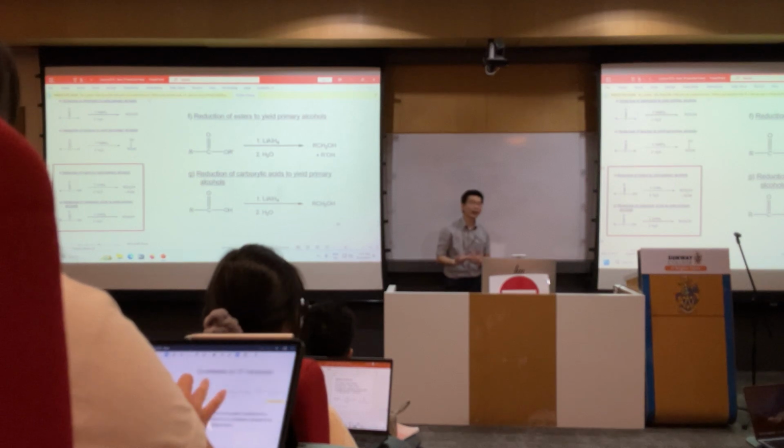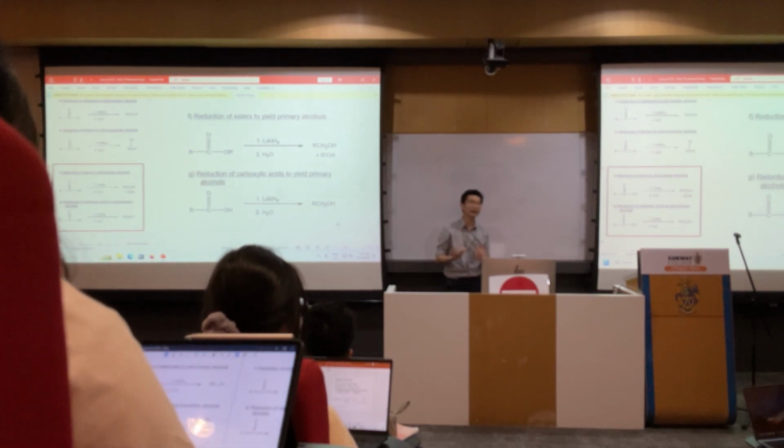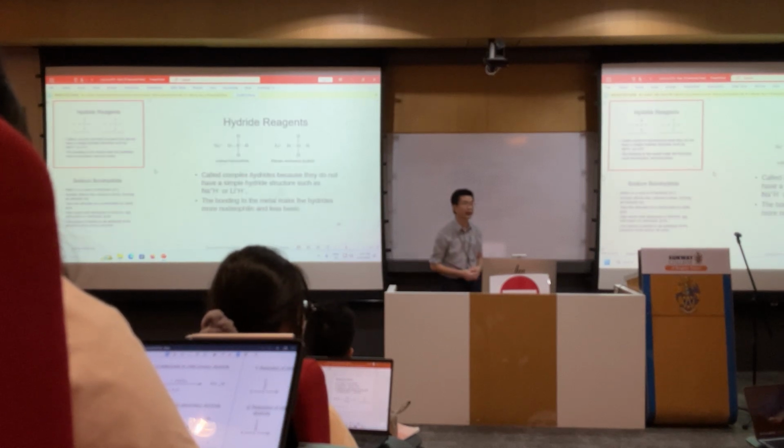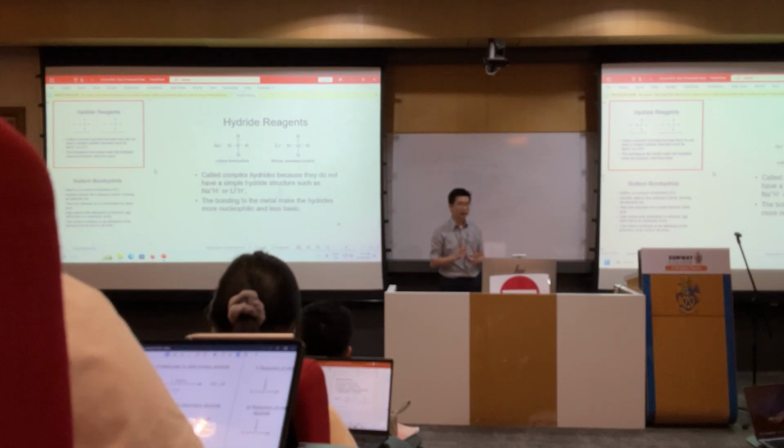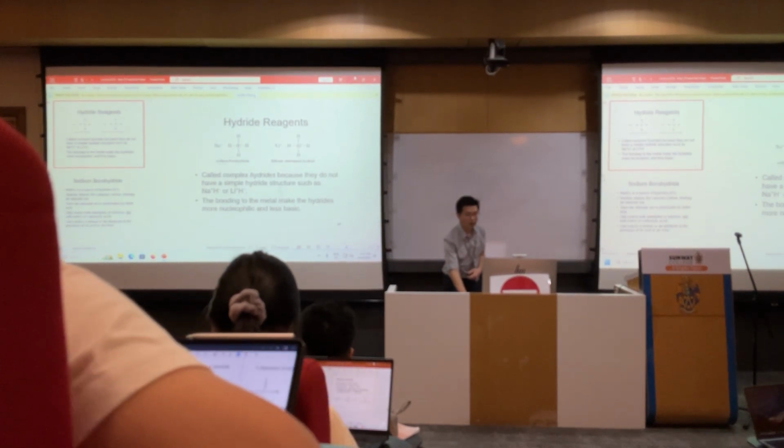So we have three main reducing agents. Okay, the first one, and then sodium borohydride or lithium aluminum hydride. Okay, these are the three main reducing agents that can reduce carbonyl into alcohol. Okay, so today we're going through the